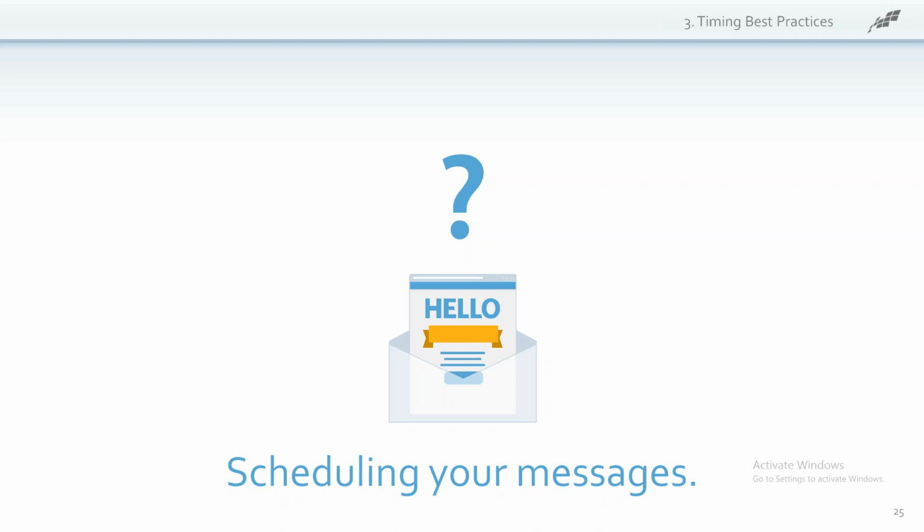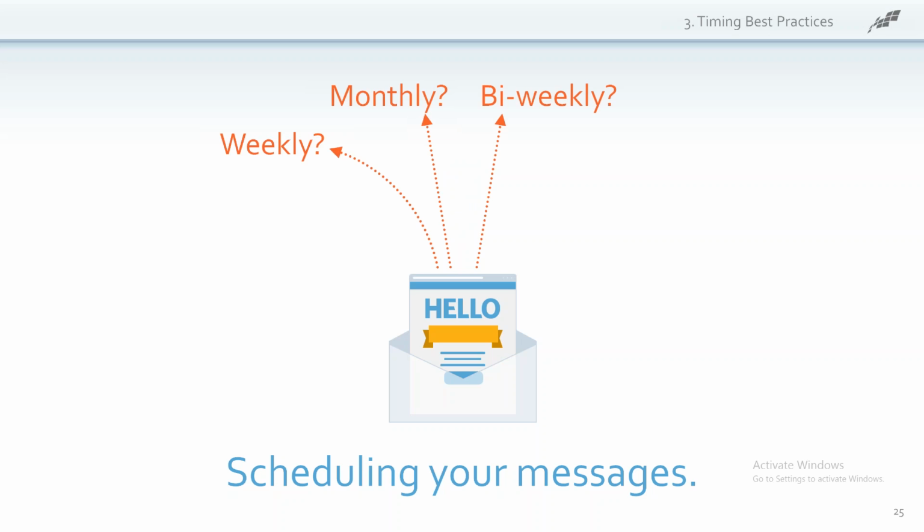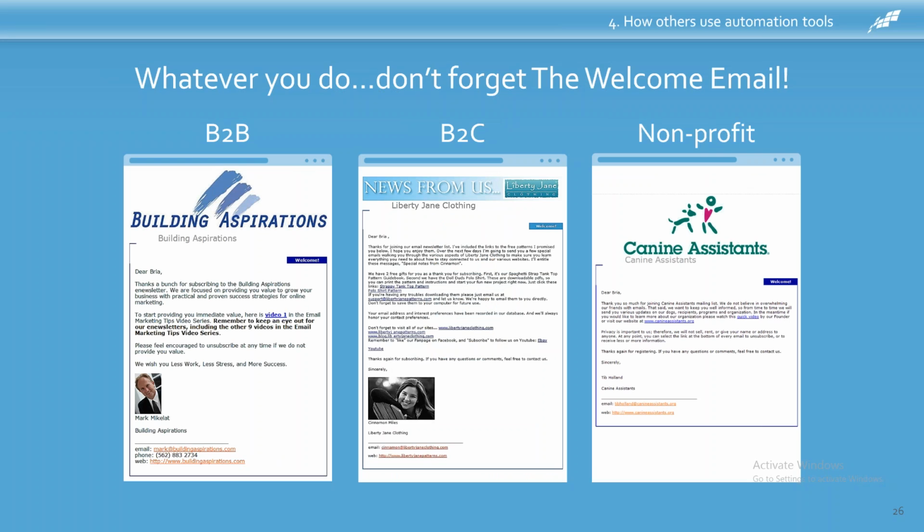So once you've mapped out a short series of emails and designed them, you want to consider the timing. So deliver that message in a timely way. I'm going to show you that when we go live, but some will be weekly, monthly, bi-weekly, occasionally. These are the kinds of things that when you're creating your map and planning this out, you'll be able to sort all this out.